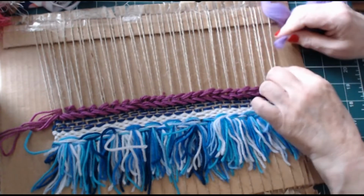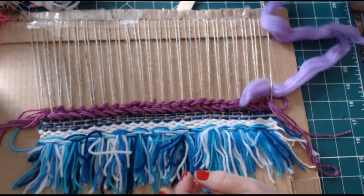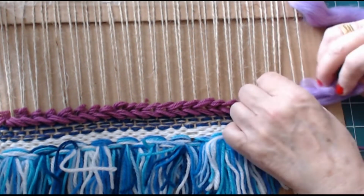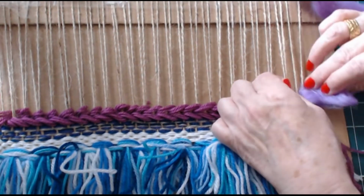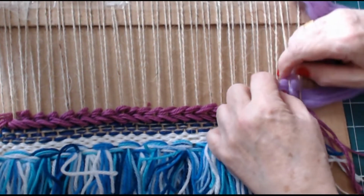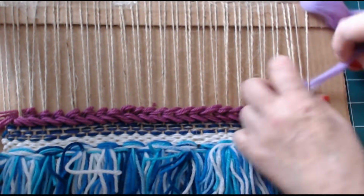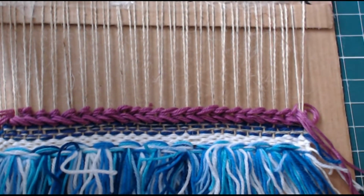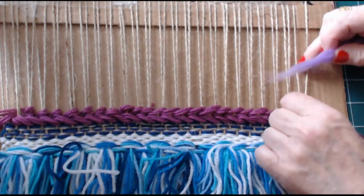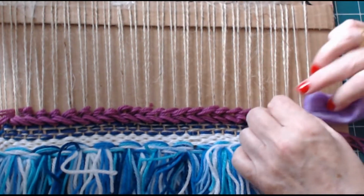Now I find when I'm using this, it's best to do it with my fingers. So just the plain weave, the tabby weave, just going to make this a little bit bigger for you. So we're going to use the plain weave, and we're going over and under, just as we've been doing. So over, under, oh, I've started under, over, all the way down to the end. No, it looks as if I've started with the wrong one. So I'm going to start under. I can see I need to start under, over,